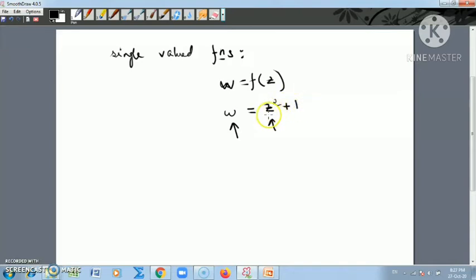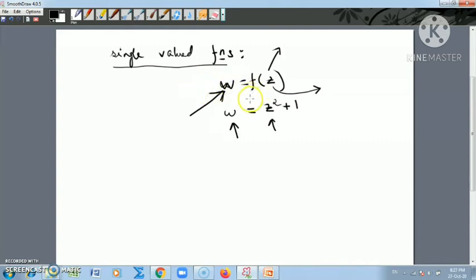I put here 2 instead of z. I give the value z is equal to 2. So what I get, z squared is 4, 4 plus 1, 5. So I get a value of w. So when one value of the independent variable, which is z, gives, like this, a dependent variable, we call it